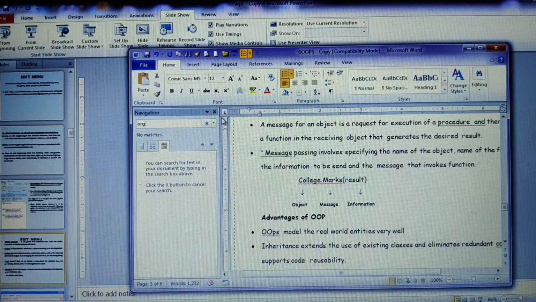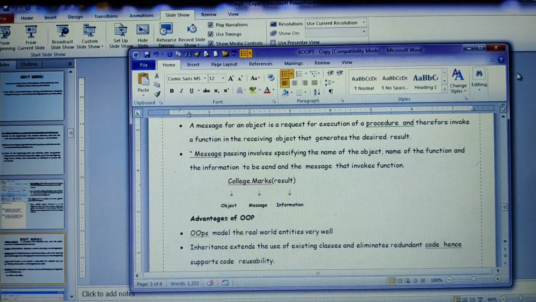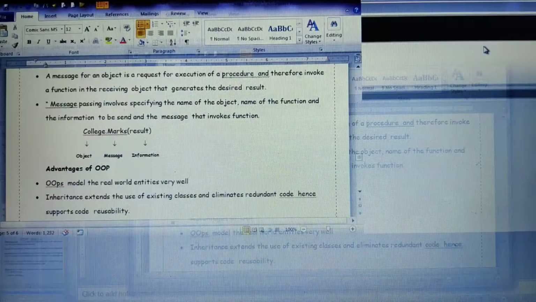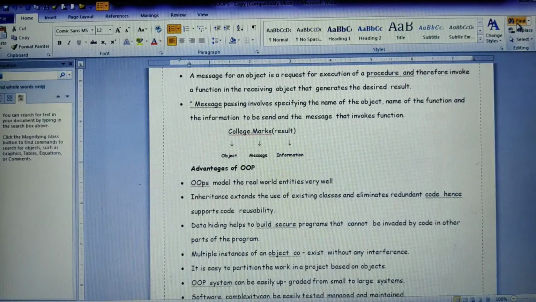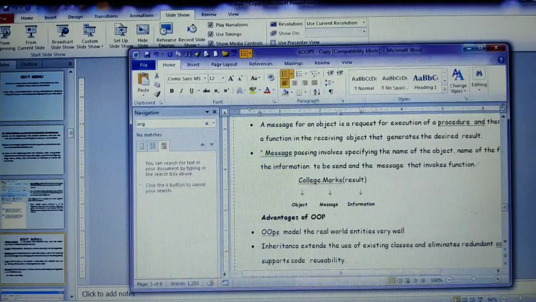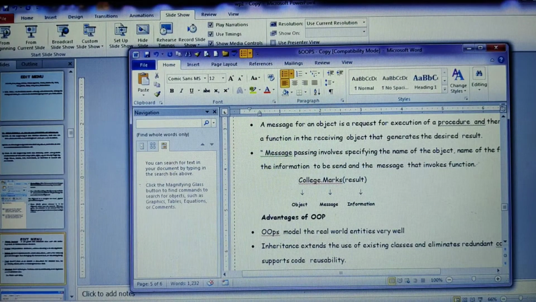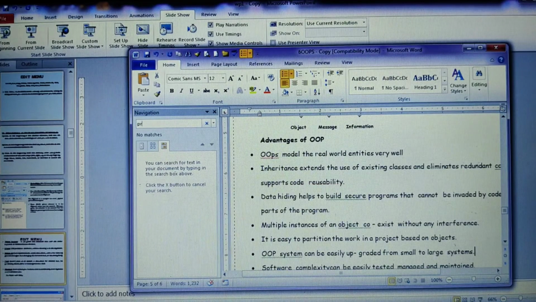See, either you can go for the Control F shortcut key, or you can even go for the find option that is there. So find, here you are getting the navigation. Now herein, in this document, I wanted to find the word programming. Here I am going to type programming.